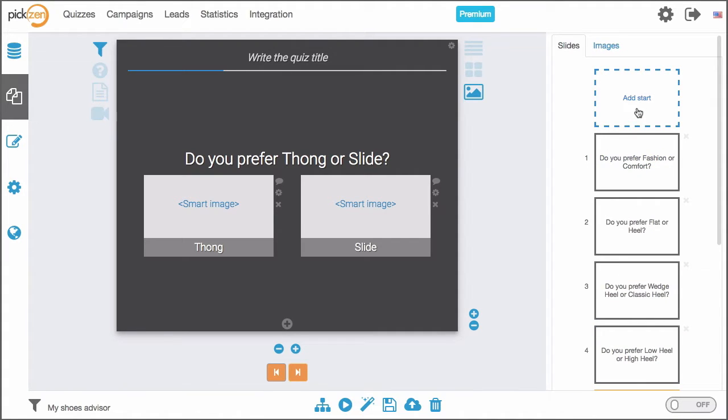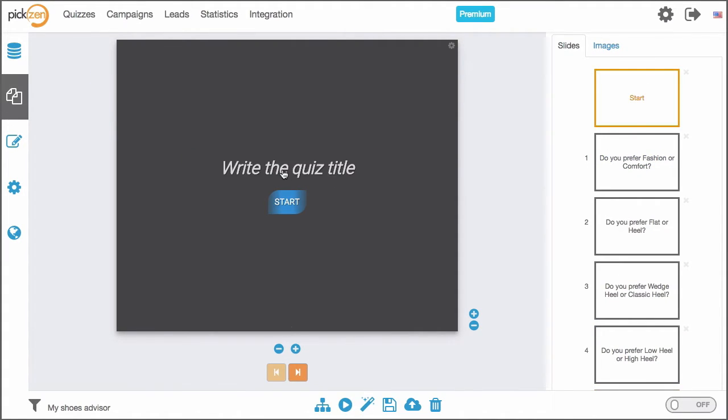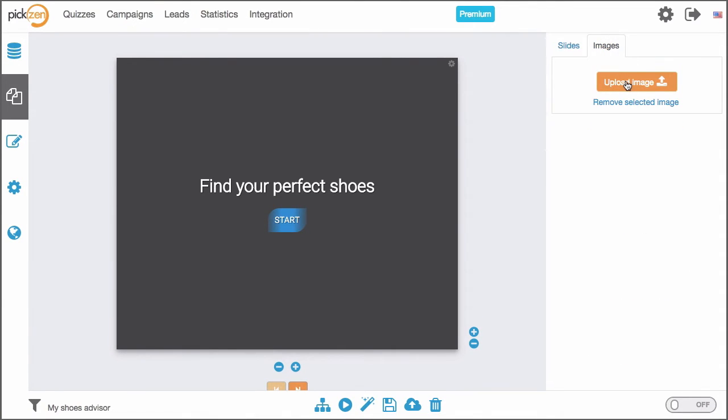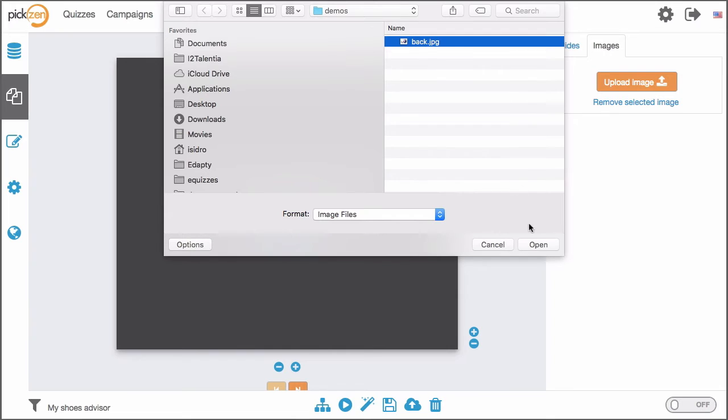Now we are going to define the cover slide with the title Find Your Perfect Shoes. Lastly, so it appears more elegant, we're going to set background images for the slides. In this case, we upload an image that